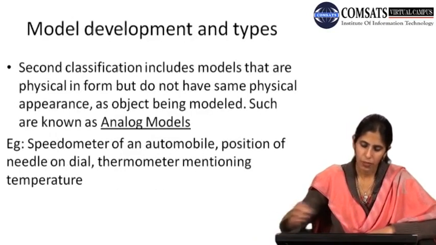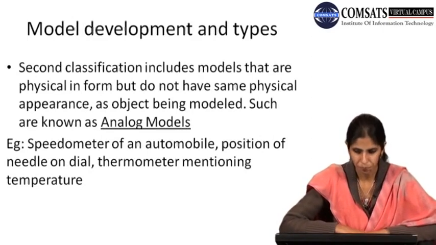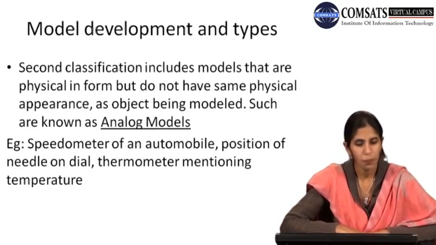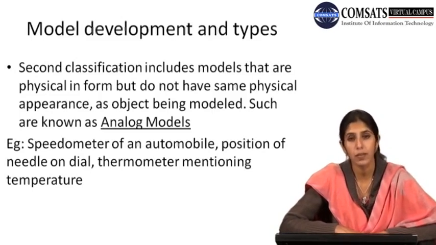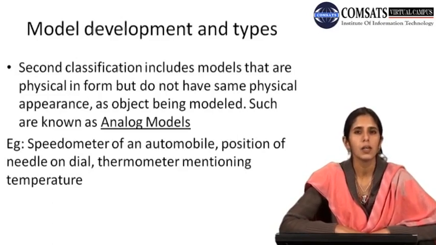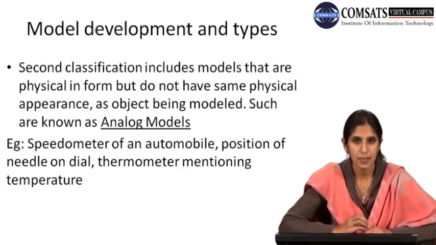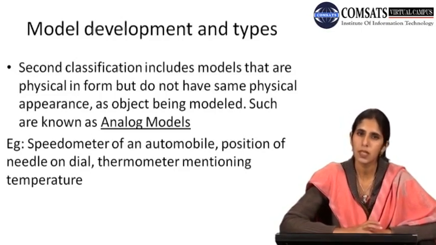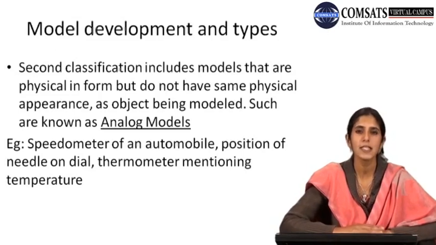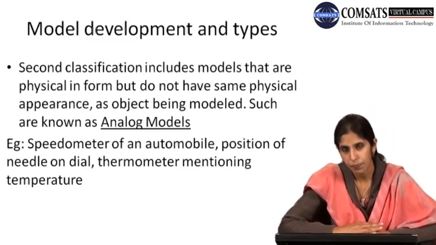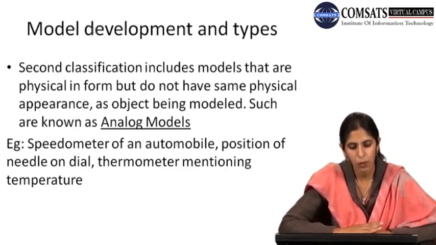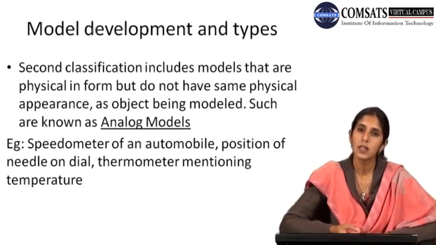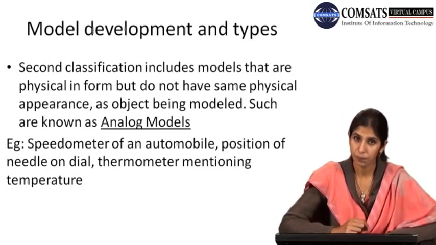Another classification, or in fact the second classification, includes models that are physical in form but do not have the same physical appearance as the objects. So although the model exists physically, it is not being presented in a similar physical or objective form as it was in the iconic model. So the difference between iconic model and analog model is that analog model requires some information to be taken from